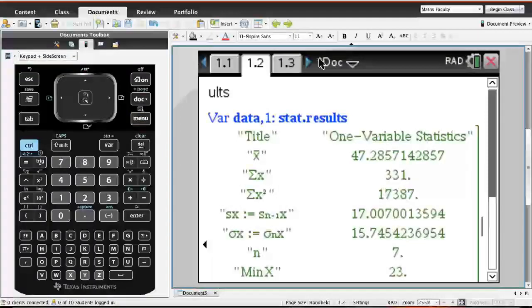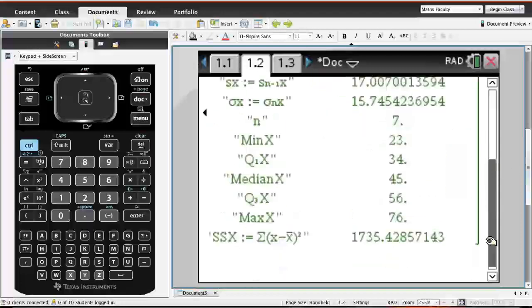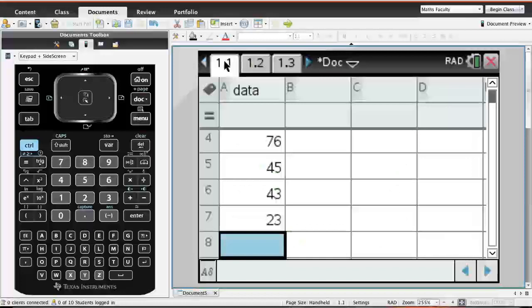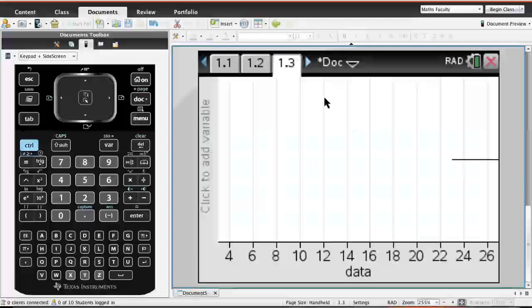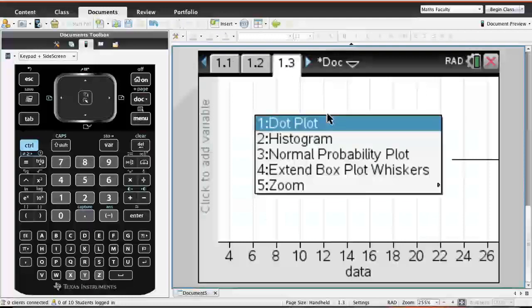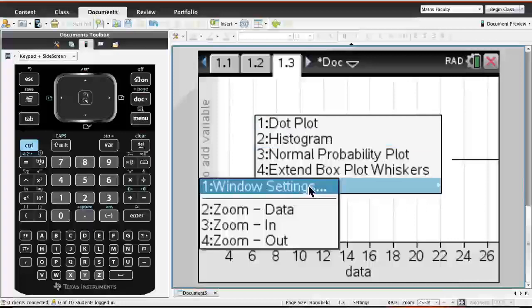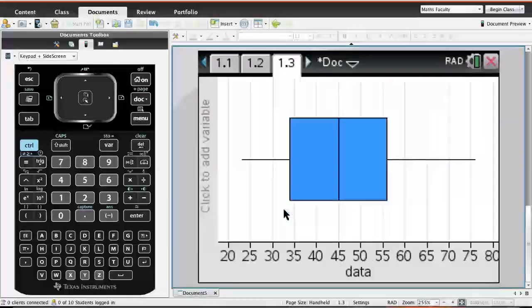And as you can see, there are the results calculated for us on that bunch of statistics. And then lastly, if I go over to the last page, I can view my box plot, which if I hit the zoom data, you've got to remember to hit the zoom data every time you put new data in there, because it has to readjust the axis to fit